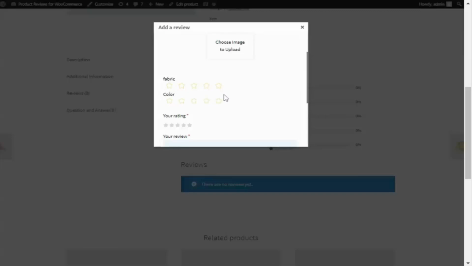On the basis of that, the customer can review the particular product. So this is how you can add numerous fields or features for the product so that the customers can rate accordingly. With this, the merchant can get a clear idea of what a user thinks about the product. So this is how you can add different features so that the customer can rate on the basis of different features of the product.